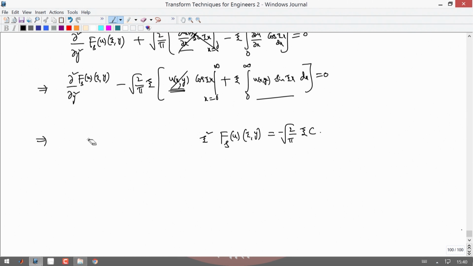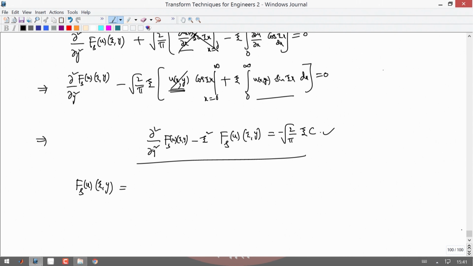Okay. So you can write del square by del y square of F s of u of xi comma y minus xi square times it, and this is your ordinary differential equation. So you can simply integrate to get the general solution. So what is the general solution? F s of u of xi comma y is equal to,